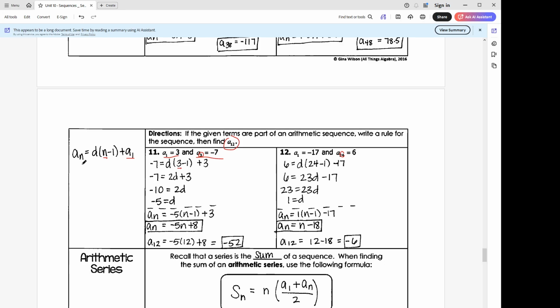Okay, so again, it's just replacing this with the information they gave us. And then if you distribute the D in here, you get 20, sorry, you don't even have to do that. 24 minus 1 is 23. 23 times D, 23D, minus 17. Okay, and then solve for D here. Add the 17 over, divide by 23, you get D is 1, and then you use this now to be